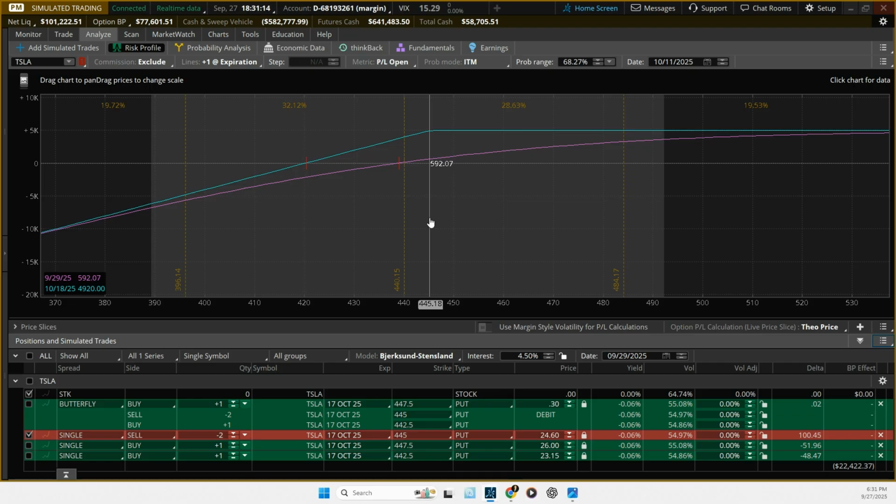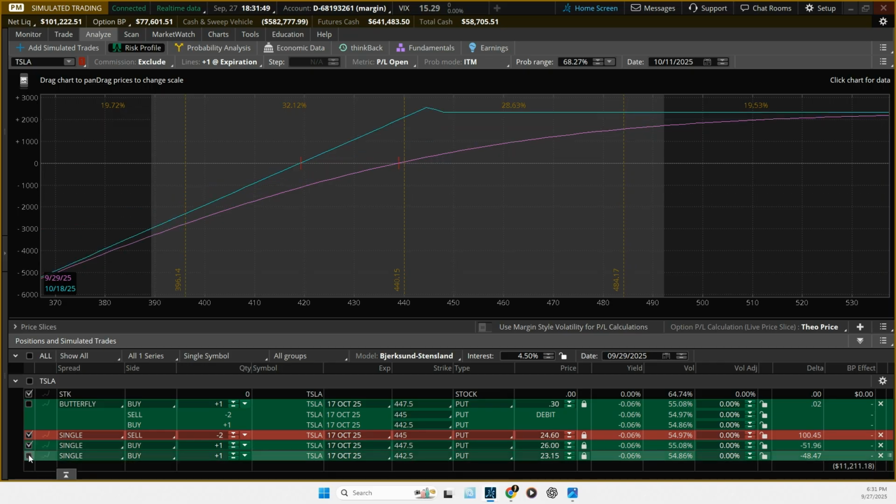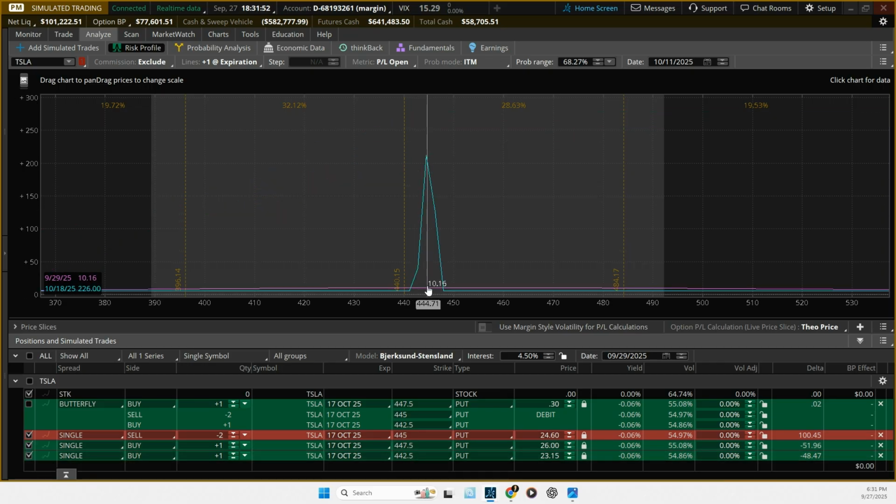So you could put together a butterfly or any type of strategy and just look through these different parameters and see, in the time frame that you're thinking with the stock being at a certain price, what are the different choices that you would have if things are not moving the way you want, if they are. And not only for adjustment, but just overall getting a better idea of when you're putting a multi-leg trade on, you have multiple things working together. So what are those different components? What are they doing? How does this outcome of only, whatever, only $10 appear here